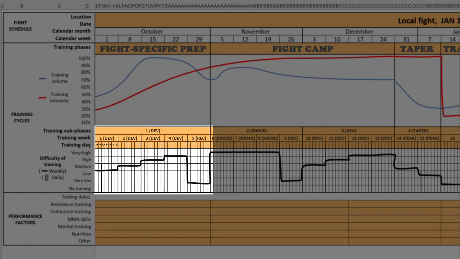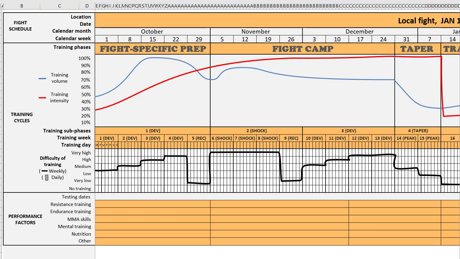Now, the final recovery week is very important here as you need it to help dissipate fatigue before your fight camp. Now, an important thing to note here is that depending on your calendar, you may need to make adjustments to the loading plan in the fight specific phase depending upon how many weeks you have to play with. Maybe a 3-to-1 loading plan fits better for you here.